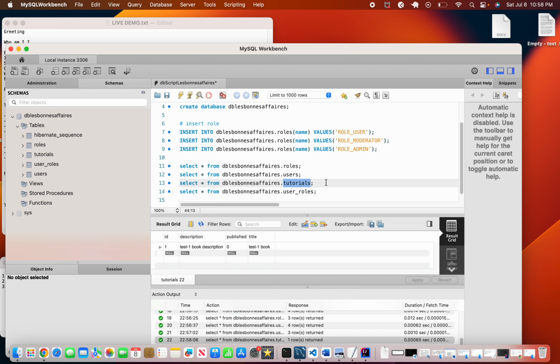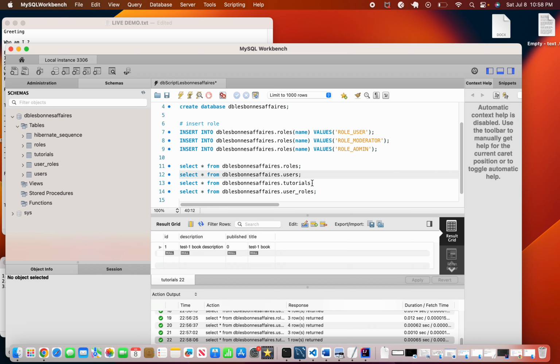Only an admin role can create tutorials. I also believe that the moderator role can either edit or create, I'm not sure, but a common user, meaning role user, can only view